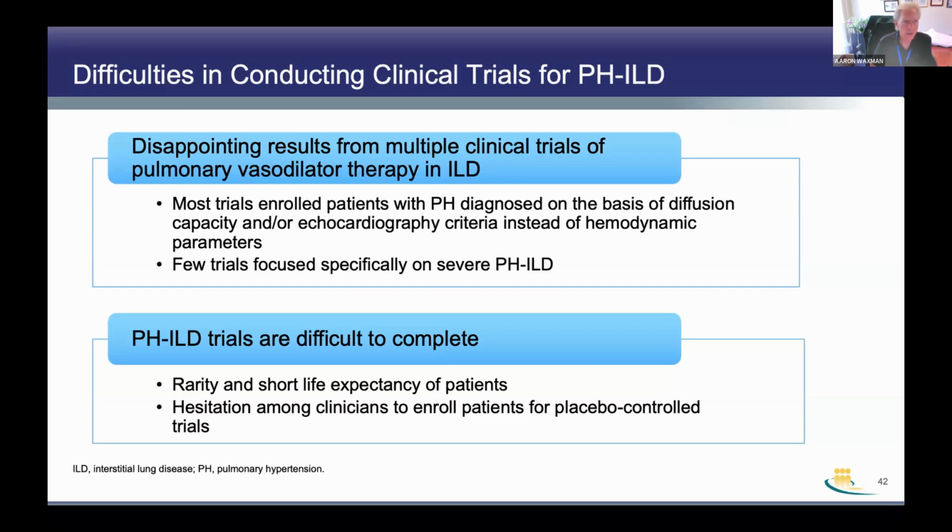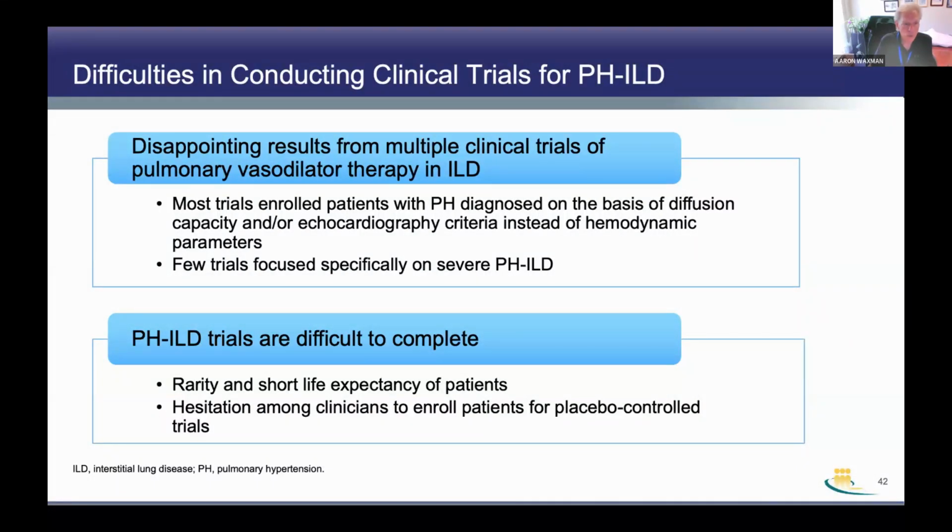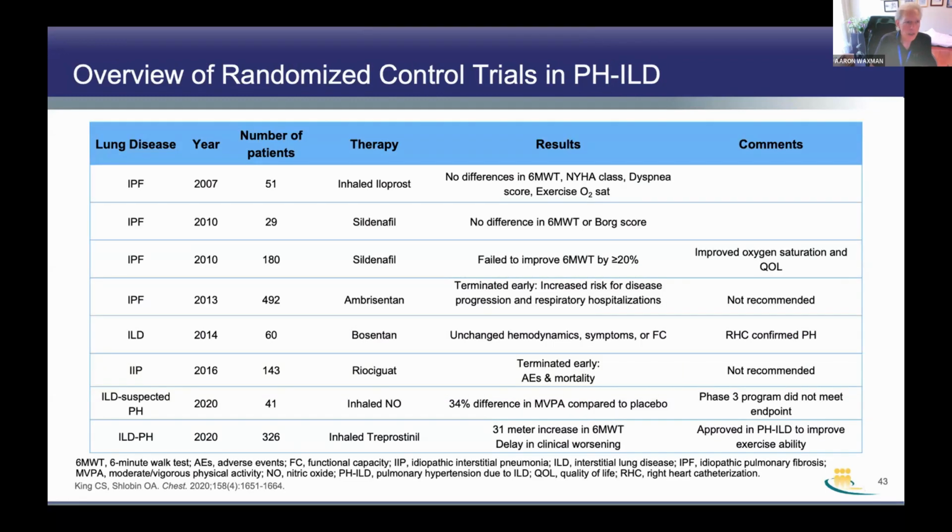The other thing that limits the utility of these studies is that oftentimes patients have short life expectancy. It's clearly a rare disease, so finding these patients early enough in their course to make an impact is important. And also, I think clinicians generally have a hard time enrolling patients in placebo-controlled trials when patients aren't doing well. These are a number of the studies that have been done over the course of many years now,